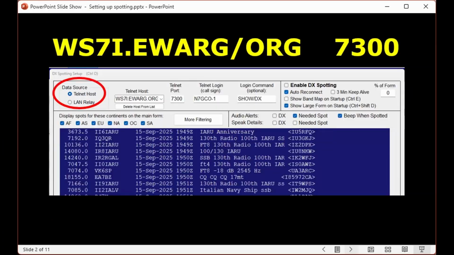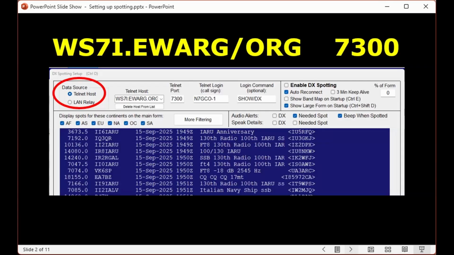And something I wanted to mention, that in both N1MM and N3FJP, you can set up some of the filtering in the program, but you're far better to set it up at the VE7CC cluster, because that way it does all of the filtering, not your local computer, which helps your computer run faster. Set it up in